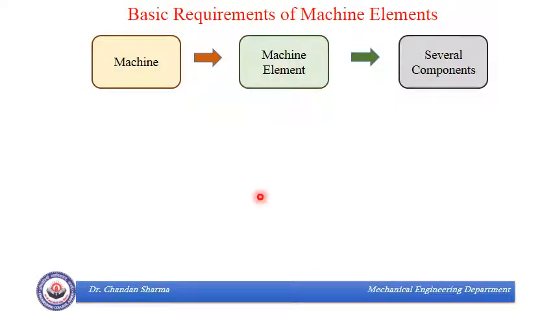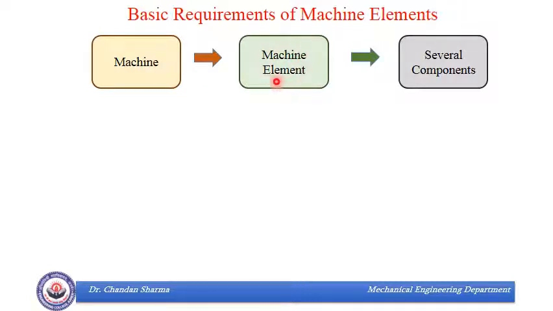If we go further, to the requirements of machine elements, before that let us try to understand the difference between a machine element and its component. For example, there is a machine, say a lathe machine. It will have different elements. Say a lathe machine is having a bearing, or if we want to make it simpler, let us take your ceiling fan as an example. A ceiling fan is a machine. Now in a ceiling fan there can be an anti-friction bearing or ball bearing, that will be a machine element.